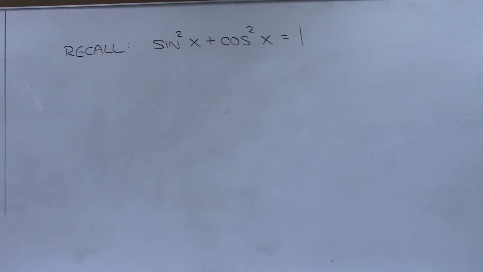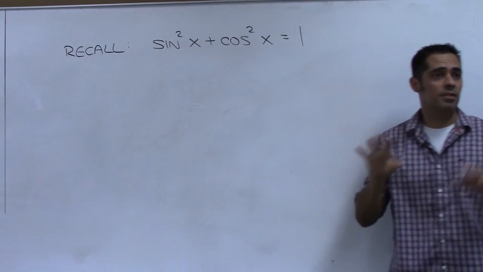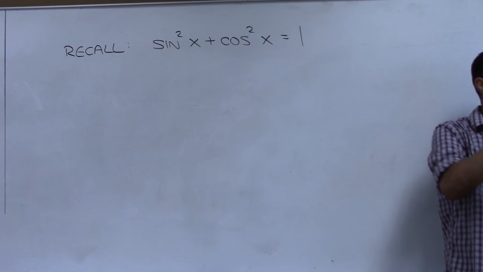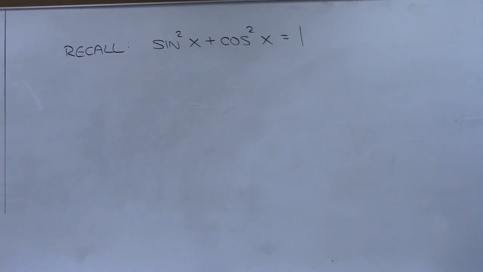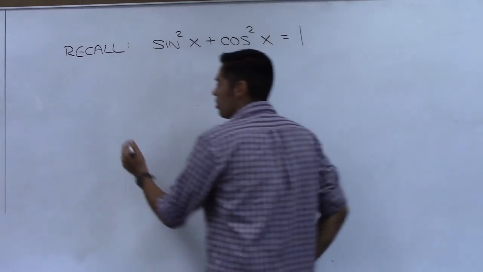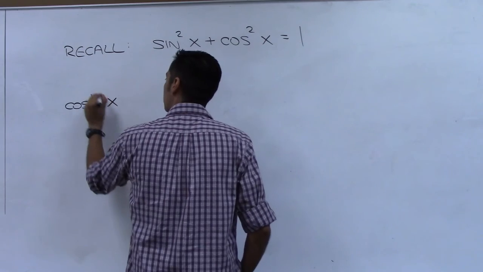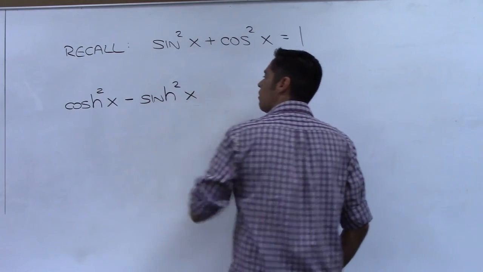This identity is different, right? It involves the square of both the cosine and the sine hyperbolic functions, but there's not addition between them. It's subtraction. And because subtraction doesn't commute, the order is important. If you put the cosine hyperbolic squared in front, subtract the sine hyperbolic squared, then we should get 1. So I want to show this: cosine hyperbolic of x squared minus sine hyperbolic x squared. I want to show that that's 1.